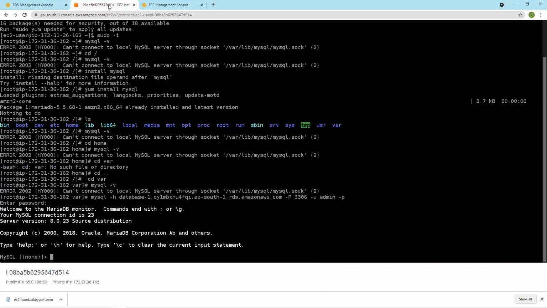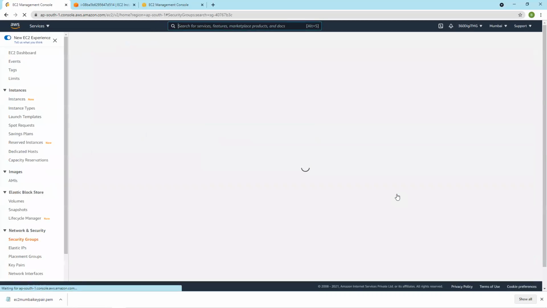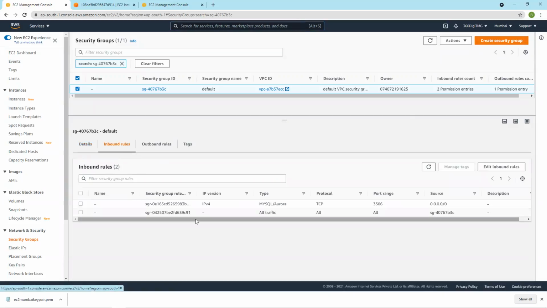Okay, now it's working. Welcome to MySQL, connection ID. So the issue here was the security group of the database. You have to add the rule in the security group: go to the security group of the MySQL database, go to inbound rules, and add this.